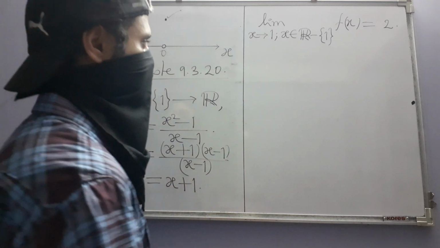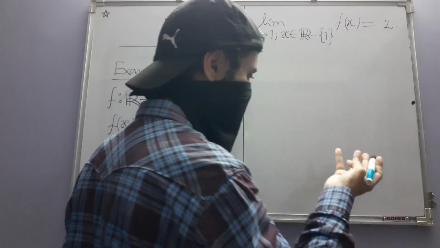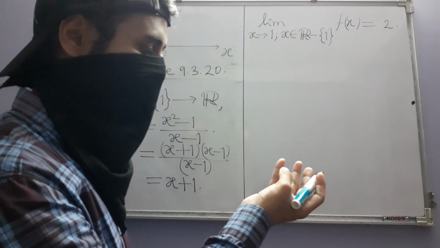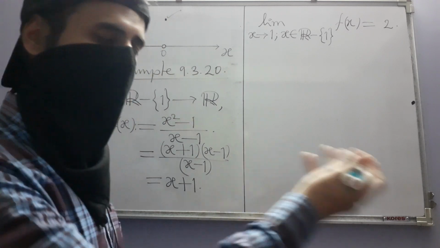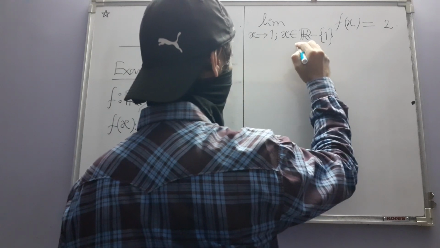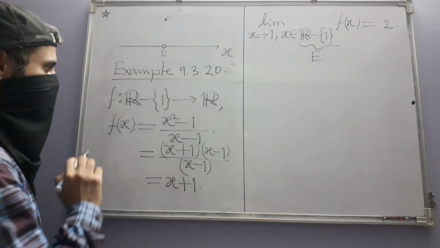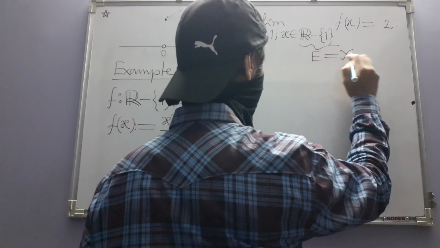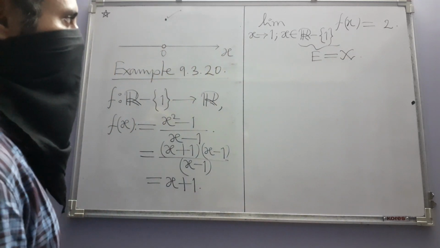What is the E here? In the definition we have those ingredients, right? We have the set E, we have the set X, we have x naught where we are calculating the limit, and we have the function and we have the limit, that real number. So here E is this set, and what is X? X should be the domain of the function. X is also that set, so that means in this special case E is equal to X.